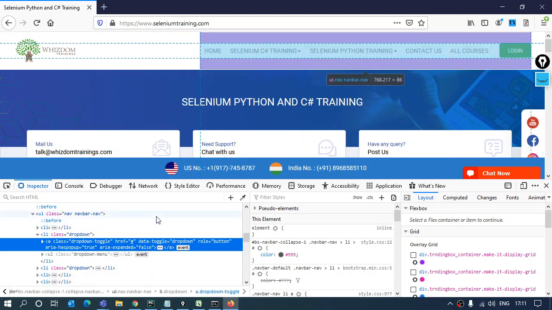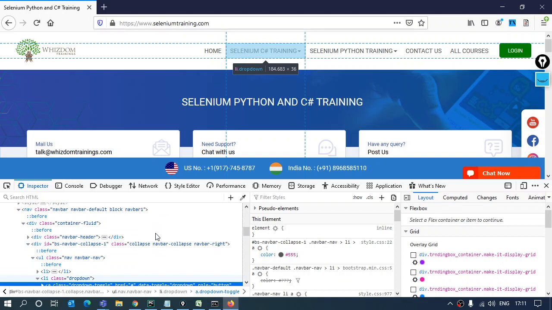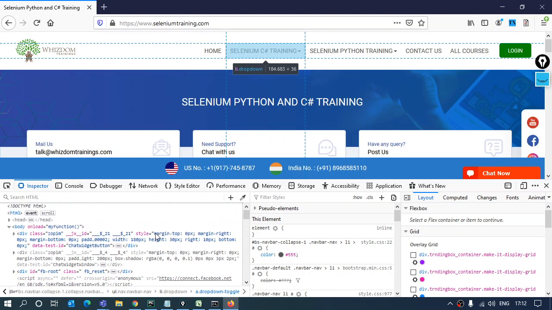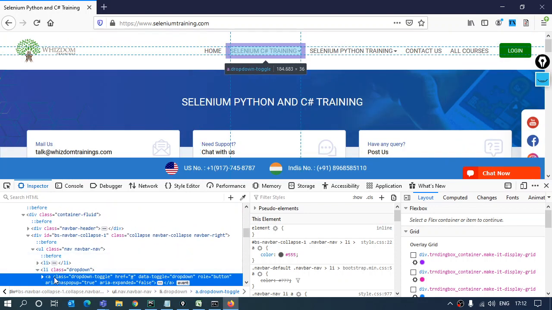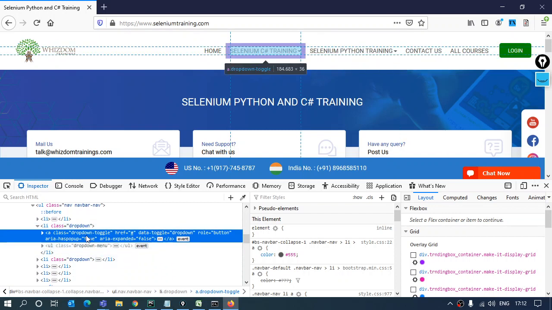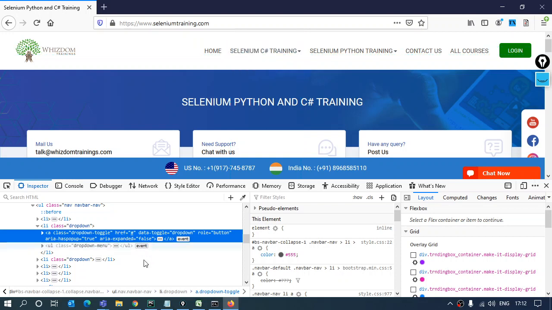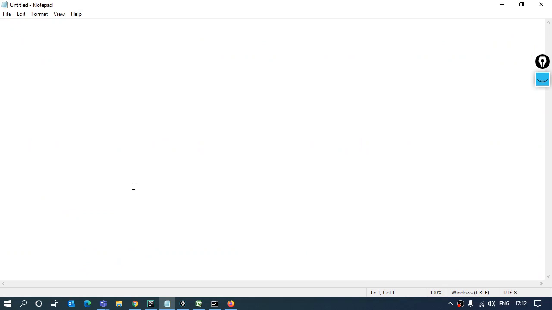Now there are some elements on the page which do not have the optional attributes that I have. Right, the ID, name, class, they are not given. They don't have any kind of such tags or attributes. Then how will I be able to identify them? Here the question comes up. Over here it has the tag A. It does not have any attribute like ID, name, class. It's not having, right? So what will be the solution for this? How will we be able to do that? For this, we have a different locator that is called XPath.